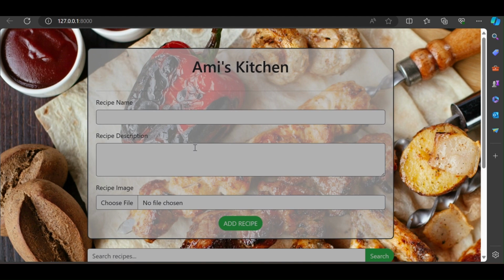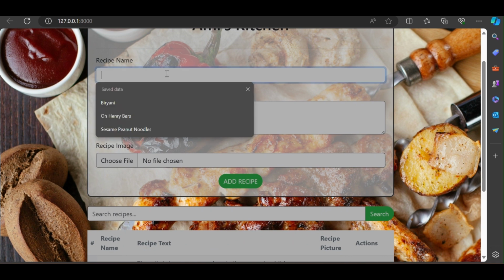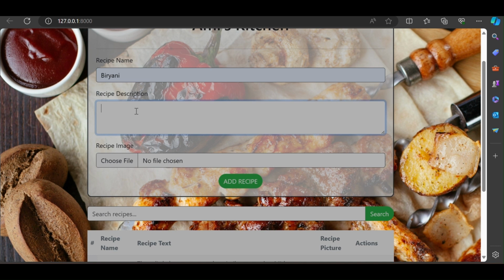Here's the interface of our Ami's Kitchen web application. Now here you can add a recipe. Here's a name, biryani, and description. Something you want to add, describe the recipe,